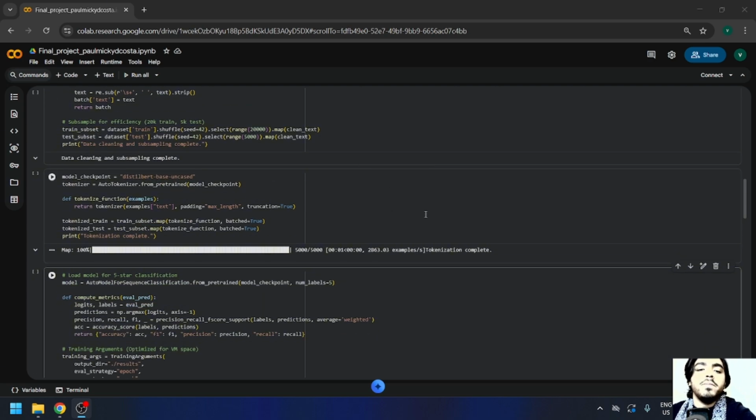In cell 4, I utilized the DistilBERT tokenizer to convert human reviews into numerical tensors by selecting a uniform maximum length and padding the sequence. I created a consistent data structure that allows the Tesla V100 to process batches of reviews in parallel, maximizing the